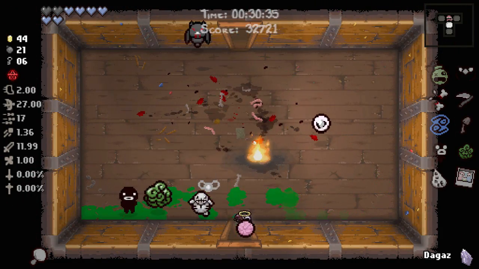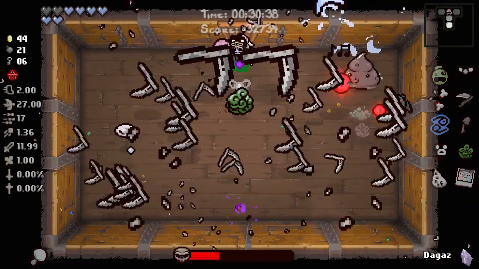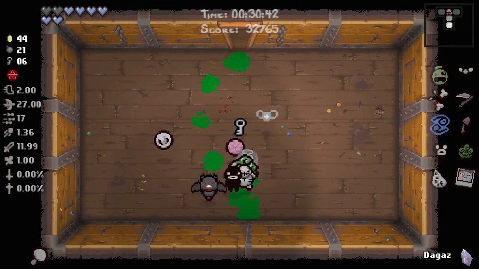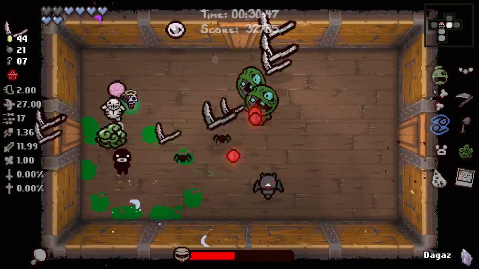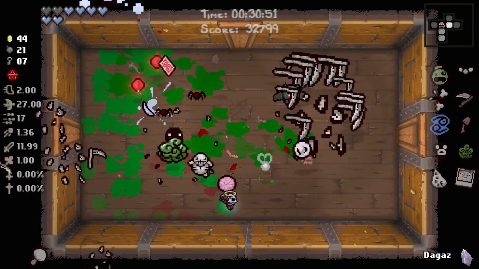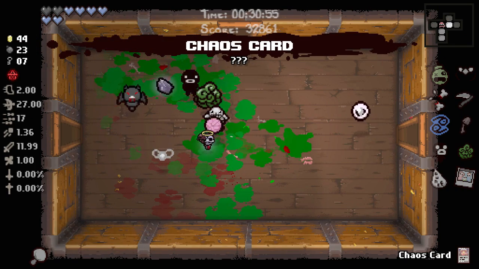So, Compound Fracture plus Water Balloon, proving to be a pretty good synergy, I will say. Things are splitting off in all directions all the time. Also, our water balloons turned into giant scythes, in case you didn't notice. It's kind of sick as all hell. And I'm happy with this. I couldn't have asked for a better...